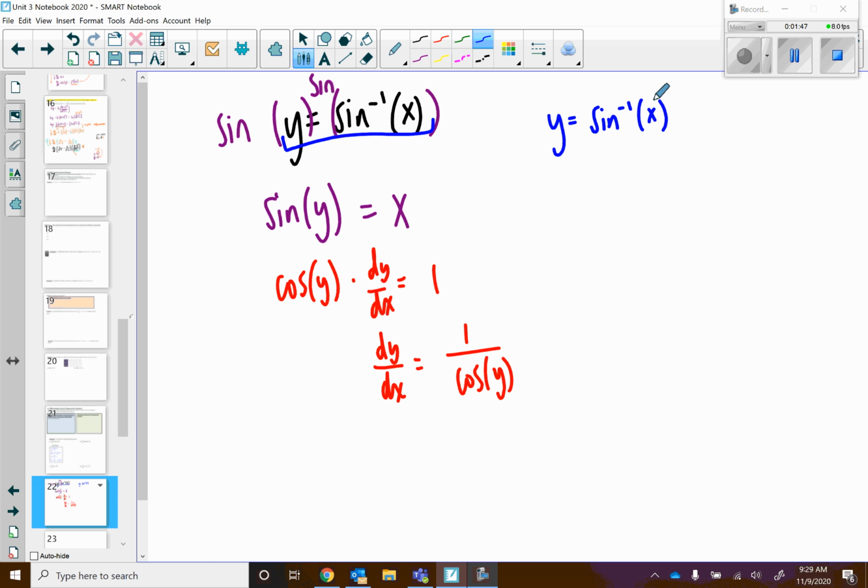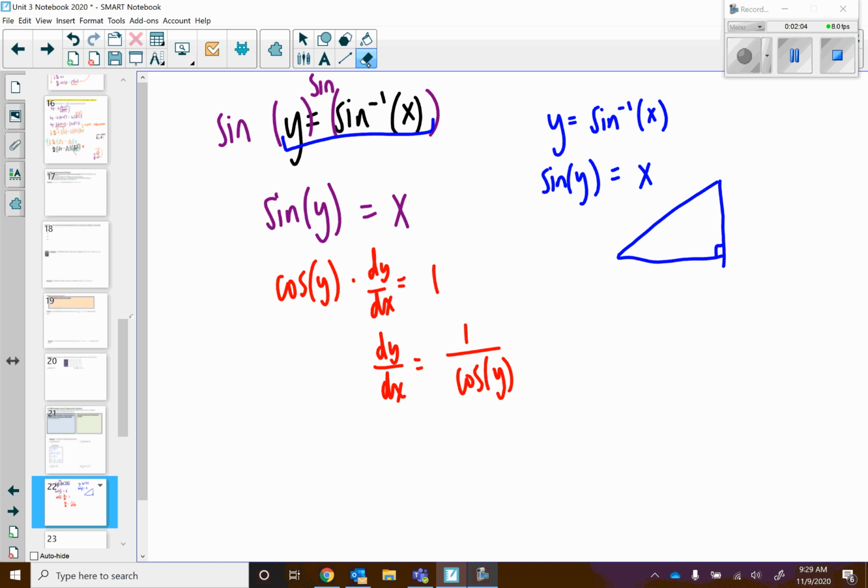If I think about this function, y is equal to sine inverse of x, and I consider the inverse sine of y is equal to x, let's look at what this looks like in a right triangle. Sorry, that was not super good, but you can forgive me, right? So let's say y is this angle. If I know sine of y is equal to x,